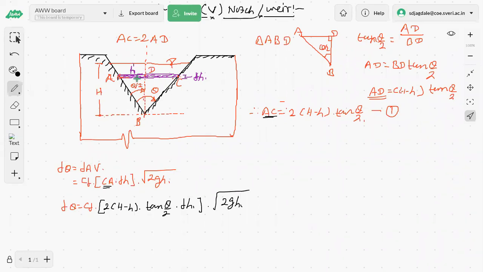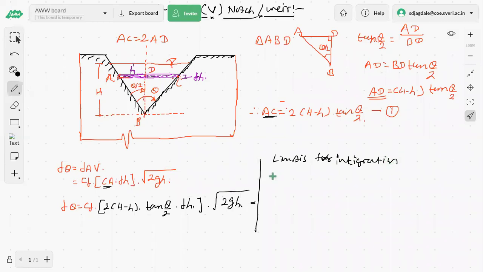Okay, now this is the discharge passing through this small elemental strip. What we want to have? We want to have the discharge passing through this total triangular notch or a weir. आपल्याला ह्या पूर्ण नॉच मध्ये जाणारं पाणी पाहिजे आहे, डिस्चार्ज पाहिजे आहे. So for that, what will be required? Will be required to integrate this equation for the limits of Q and H. So limits I would like to write here now. Limits for integration. कोणाचं इंटिग्रेशन करायचं आहे? We have to integrate this one. Limits for integration.